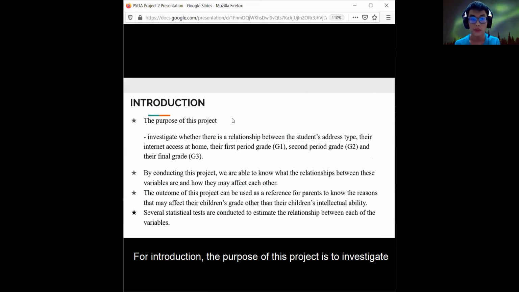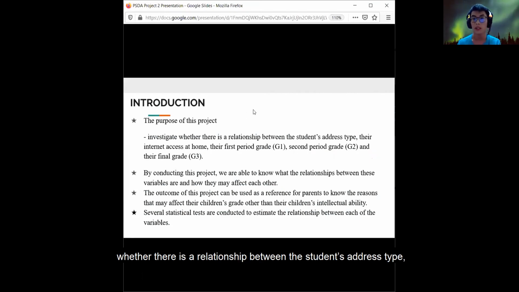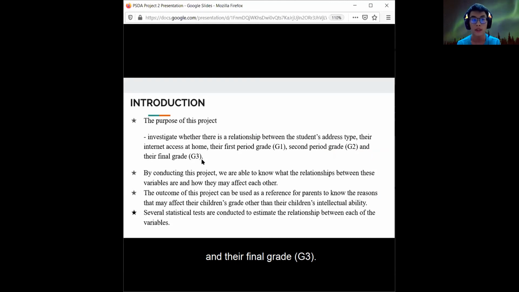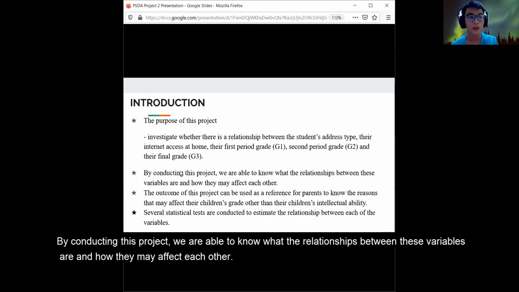For introduction, the purpose of this project is to investigate whether there is a relationship between the student's address type, their internet access at home, their first period grade G1, second period grade G2, and their final grade G3. By conducting this project, we are able to know what the relationships between these variables are and how they may